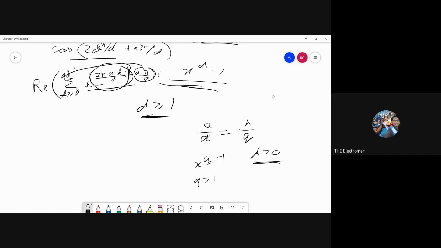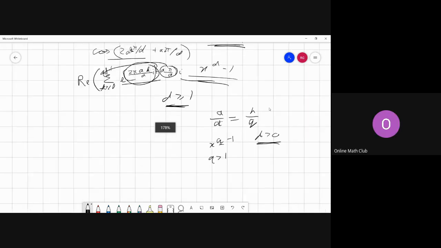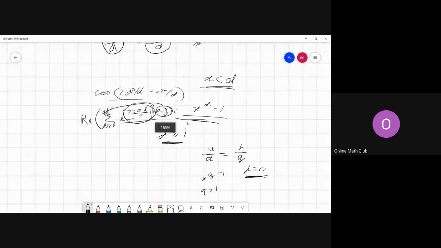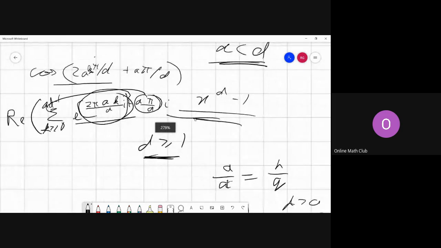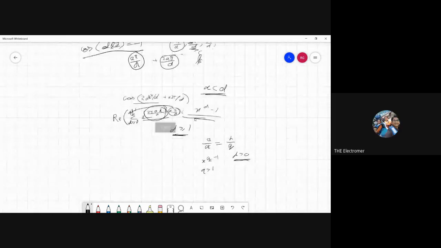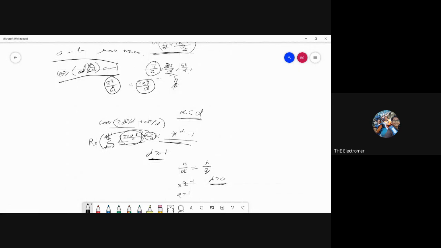Very nice. That was actually silly. I don't know how we missed that for so long. I was trying it, it did not even occur to me. But wait, doesn't it have to be co-prime to be perfect? No, the only condition is that a has to be less than d.